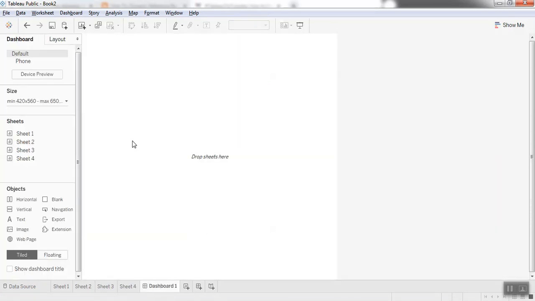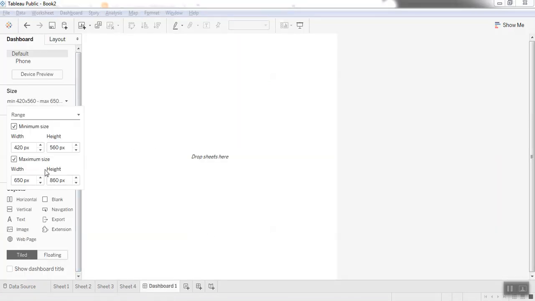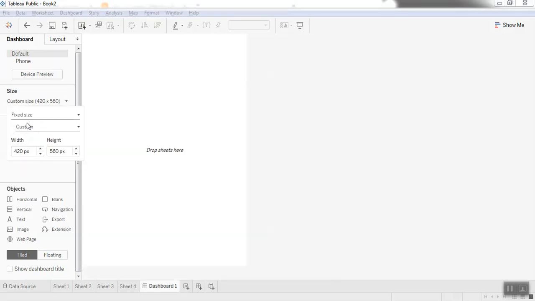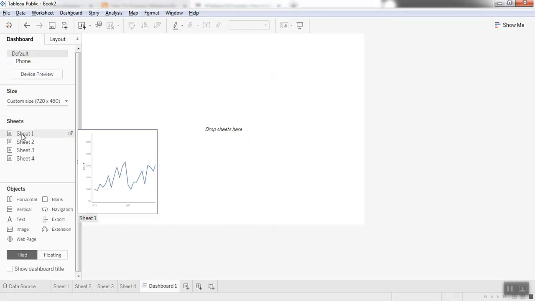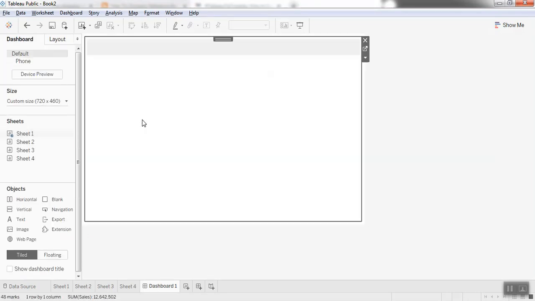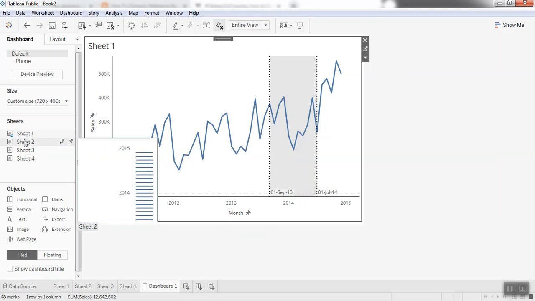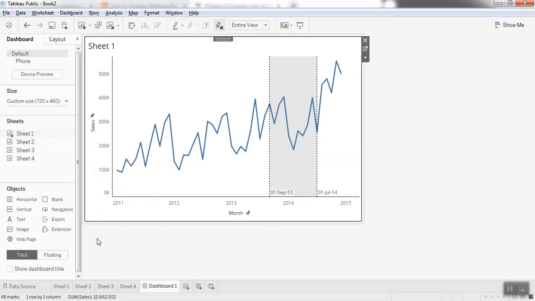Let's bring it all onto a dashboard. So I'll quickly create a dashboard. I'll reduce the height a bit. First I'll change the size to fixed size. Increase the width a bit, and yeah, this should be fine. So let's bring in our sheets over here. So the first thing would be the trend line that we have. Okay. Now the second thing would be bringing in the three metrics.